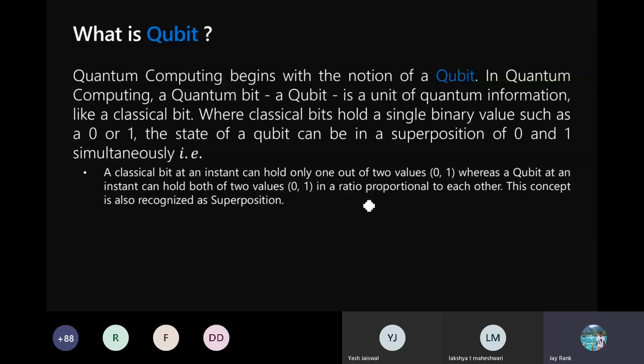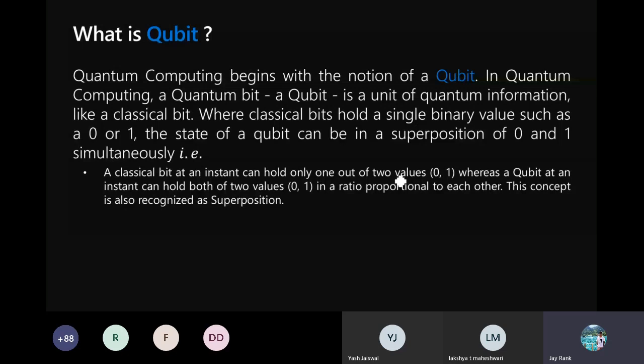A qubit at an instant does not possess a value of either 0 or 1, but rather at once possesses both the values. That is to say, there is a superposition of both the values, and the one with higher probability will have the higher rate of getting measured.